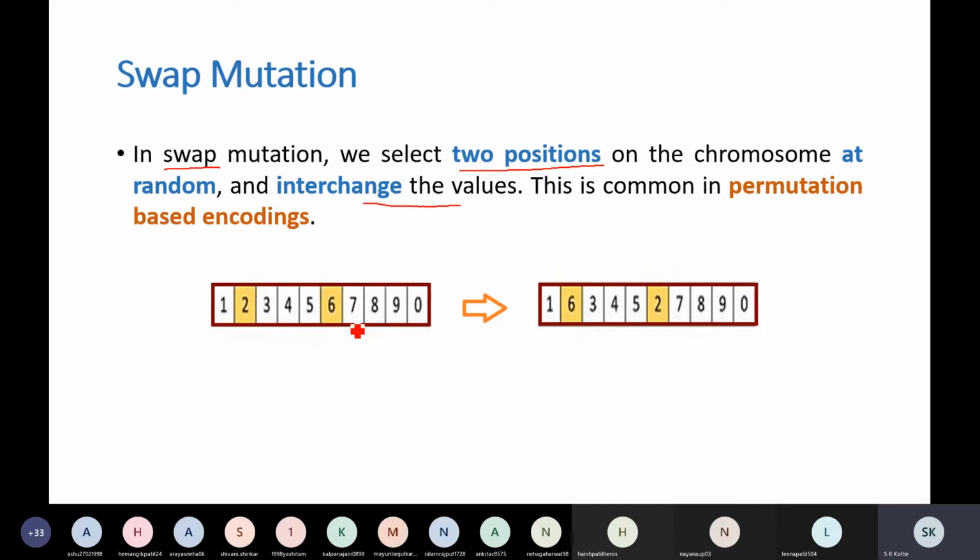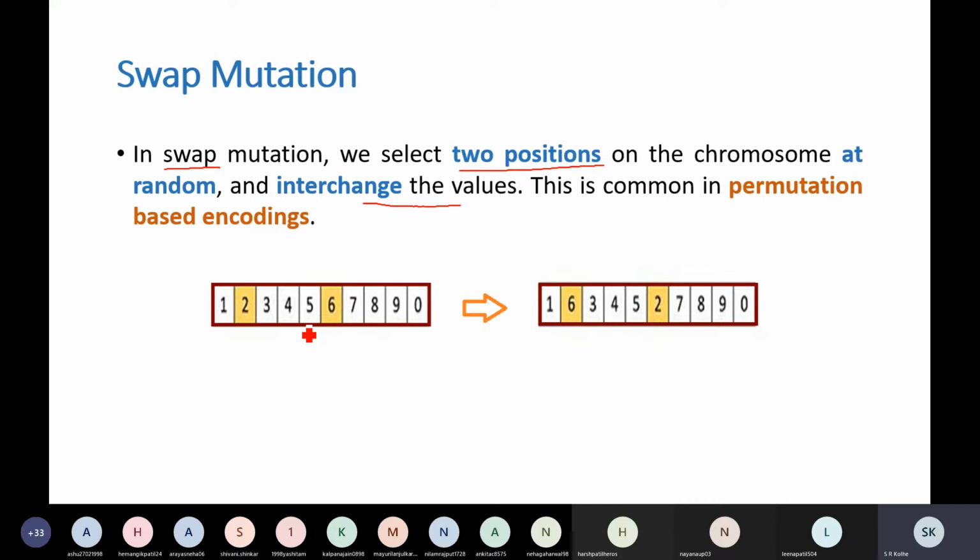So we cannot use random resetting there. What will happen if permutation based representation is used in a genetic algorithm for representing a solution, and I use random resetting?